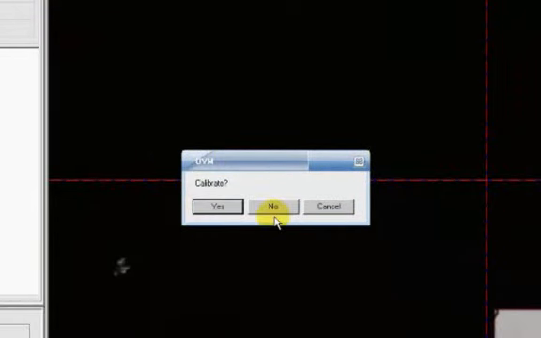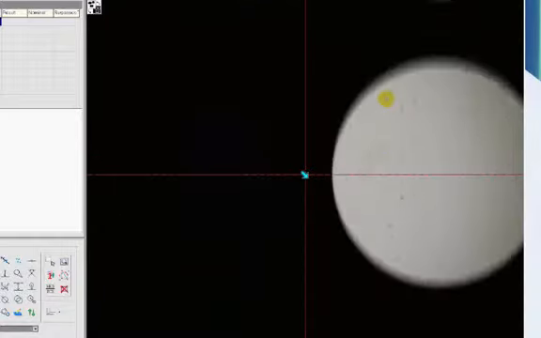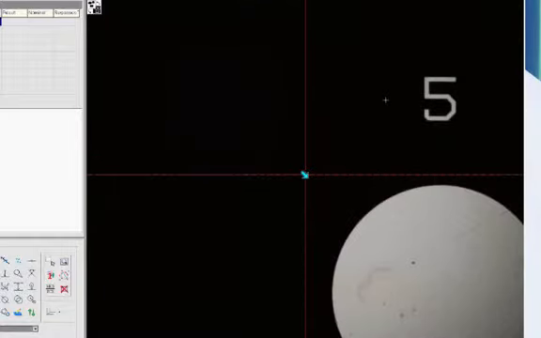It says, do you want to calibrate? I say yes. And you'll notice a blue arrow that's pointing from the center of the crosshair outward to find an edge. So basically once we have this circle in position, we can click anywhere within the inside of this circle and it will fire the edge detection outward. So I left click, and if it finds an edge, it now positions the arrow to go to the 4 o'clock position. So I manually move the stage and do the same thing and present the 5mm circle in the lower right quadrant. I left click,